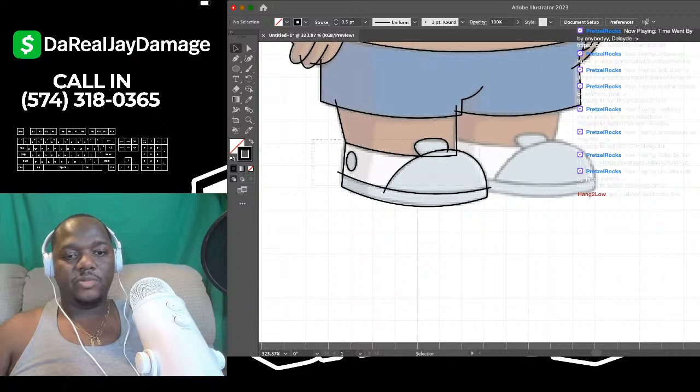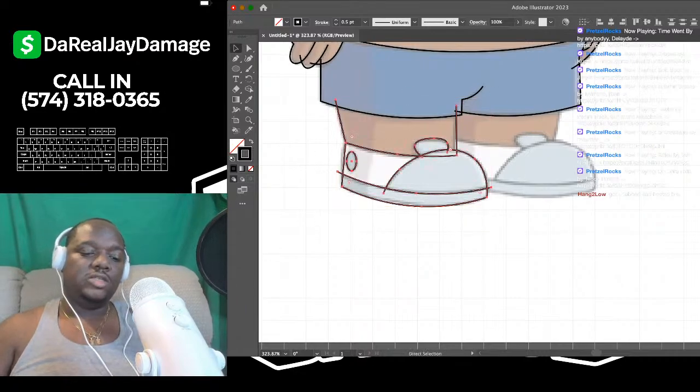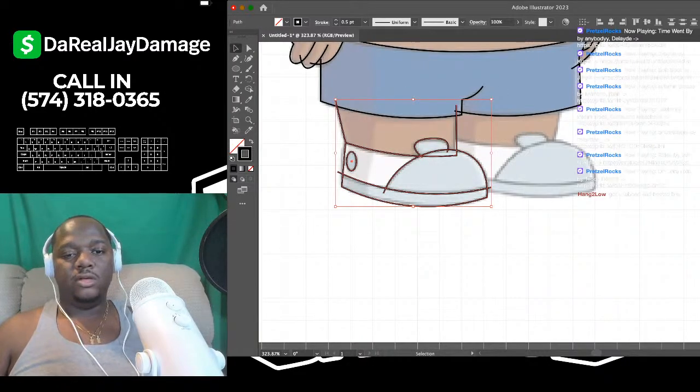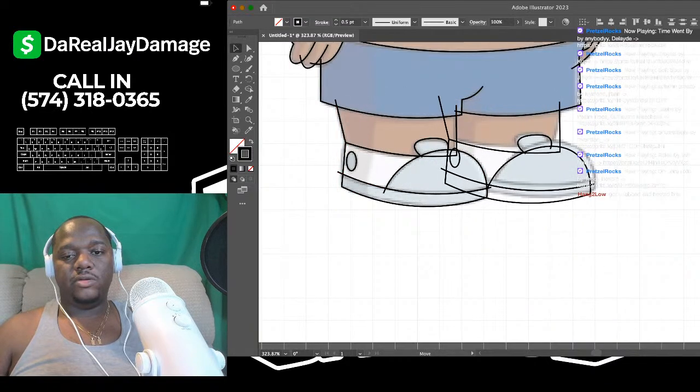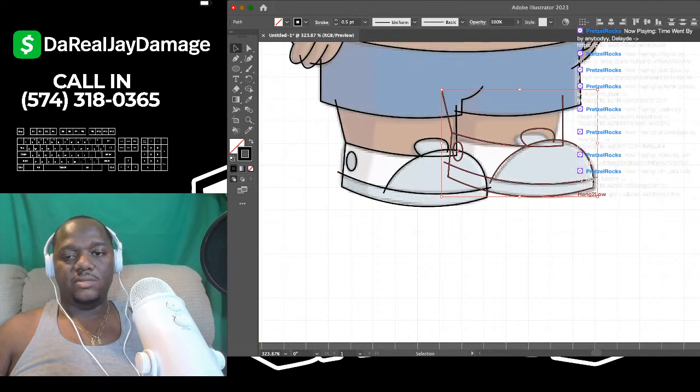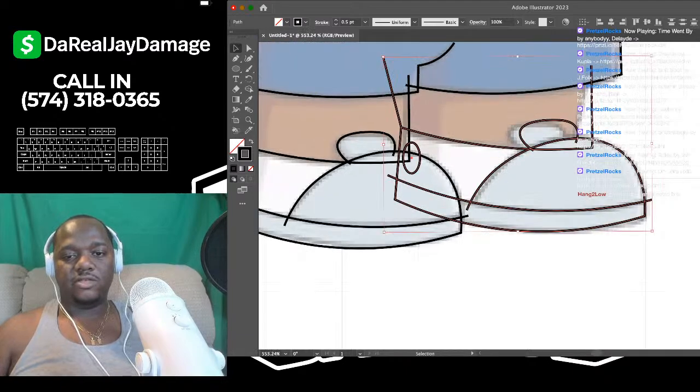I think these are the same feet. I'm going to try to copy and paste it. Command C, Command F. Let's drag that over. No, it's not the same. Let me try to see if I can finesse it. Yeah, I can finesse it. Let's adjust that little leg.